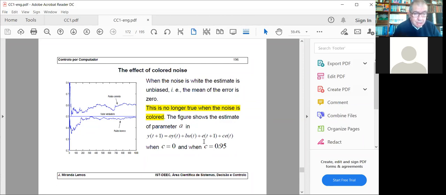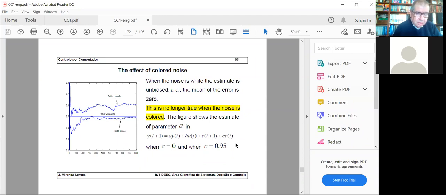If V of t plus 1 is given by this term, then V of t plus 2 will be E of t plus 2 plus C E of t plus 1. So it's not white. Okay, if I had a blackboard here, maybe we could do some computations,